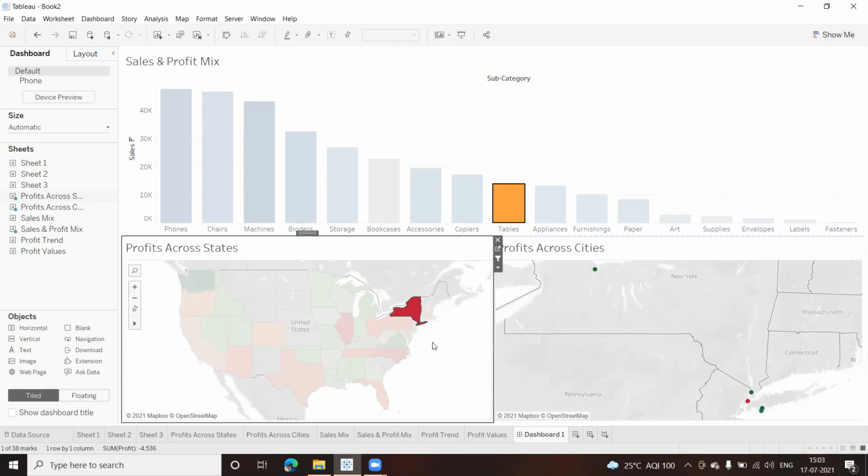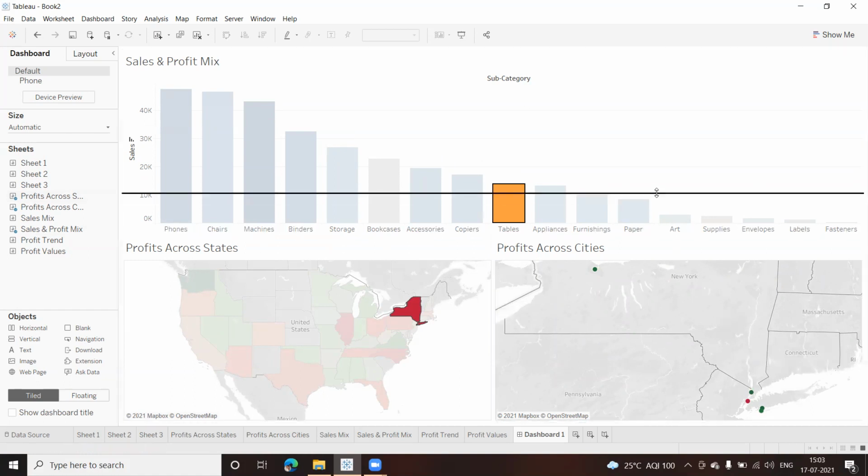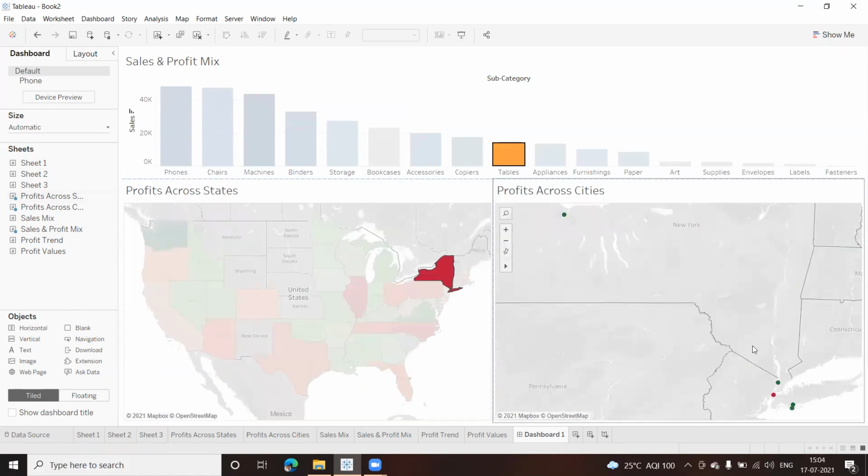So under New York, which are the other items that are selling? It gives me a profit mix here, in a smaller view, so let us increase this. Here you can see some green dots as well as one red dot.